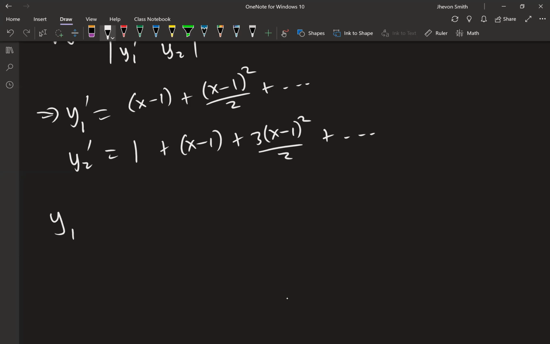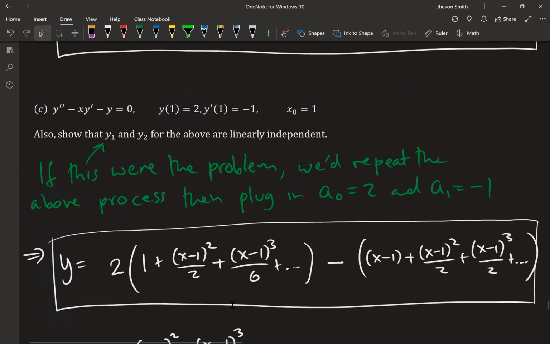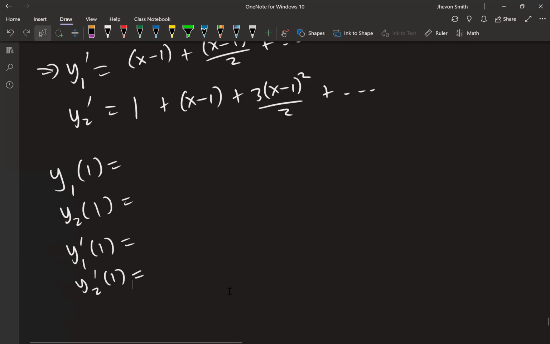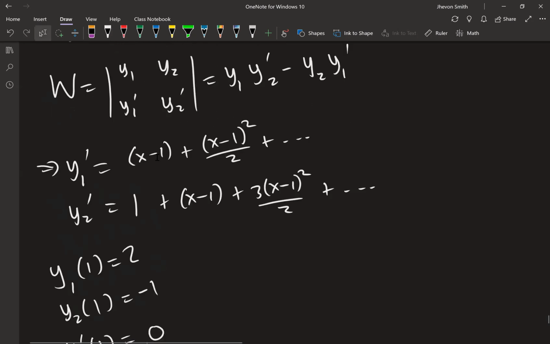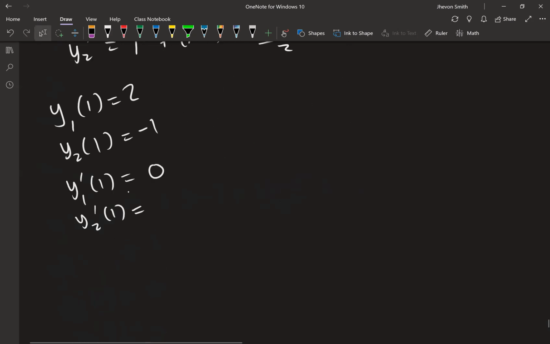So now our y1 at 1, okay, so let's see here. That was 2 minus 1. 2. This is 0 from here. If I plug in x equals 1, and here it's going to be 1. So this means the Wronskian of y1, y2 at 1 is going to be